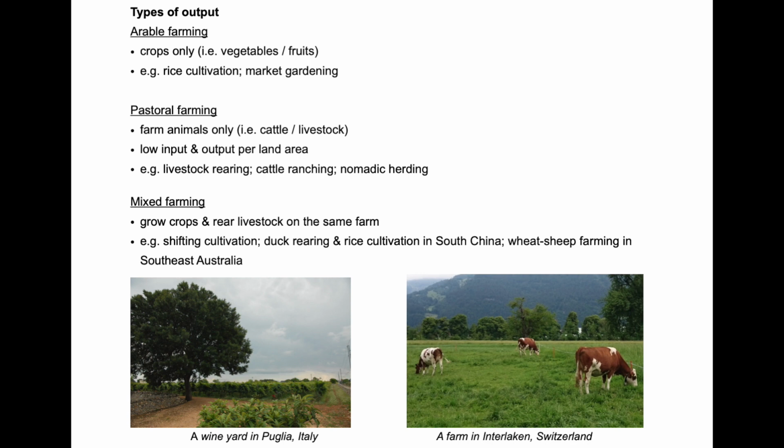So for example, recently we have these things called rice duck farming. So it's rice cultivation with flood irrigation, with ducks swimming around the paddy field. It's a type of organic farming because the ducks will feed on pests around the rice crops, and then the duck manure becomes nutrient for the rice. So it's a type of sustainable agriculture. So mixed farming means we have crops and livestock at the same time.